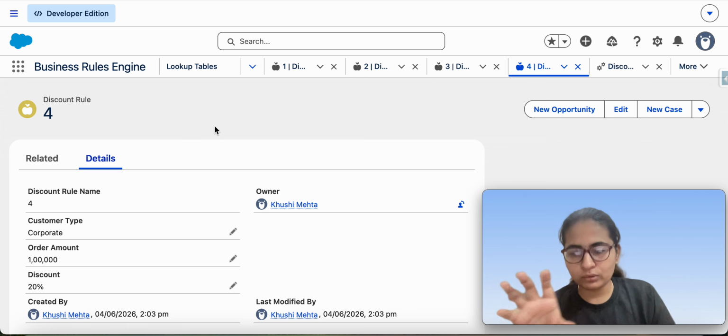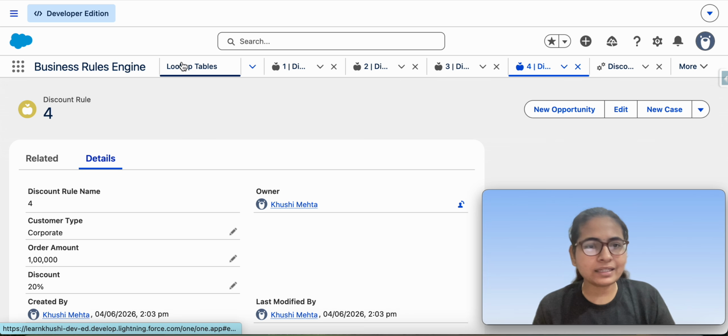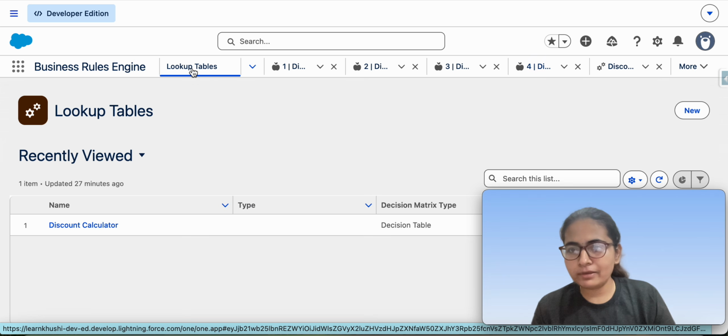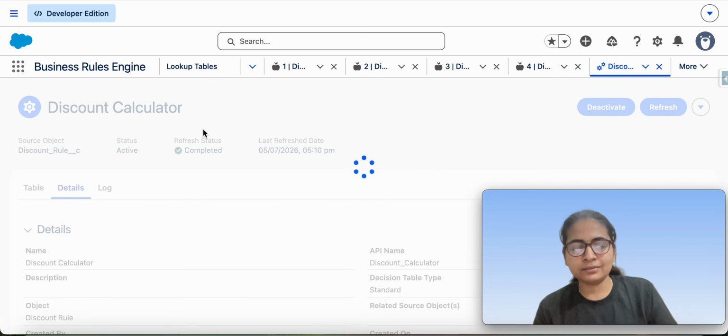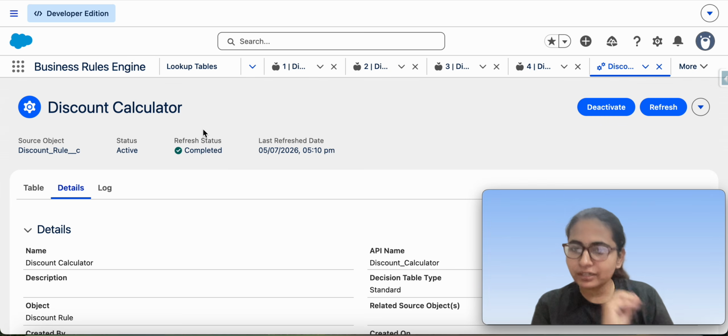The use case I'm trying to do is, there is this lookup table. How do you create a decision table or a decision matrix? You go to lookup tables, click on new, and create a lookup table named discount calculator.